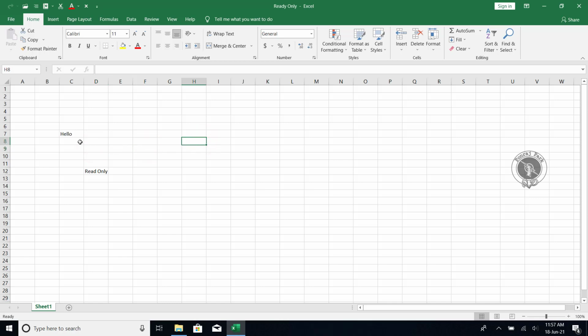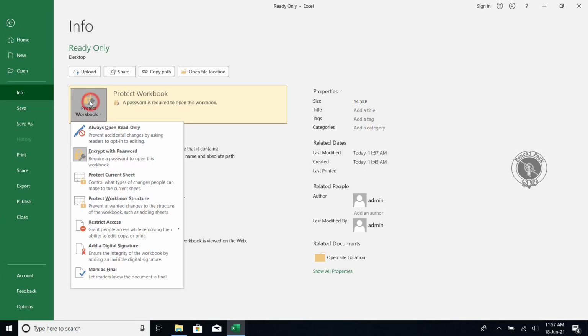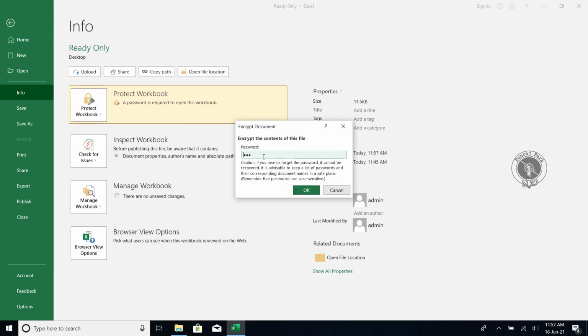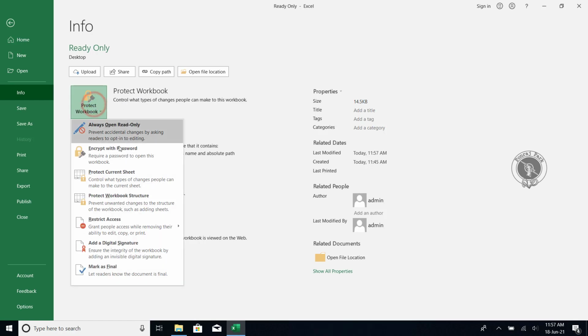This is a very important thing to know, how to set a password, because some confidential files are there. We can keep them safe by using this password technique. If you want to remove that password, go to Info, click on the same option, Encrypt with Password. It will show one window. Just remove this password, make it blank and click OK. Now you see that yellow mark is gone. So like this you can put a password on any Excel file.